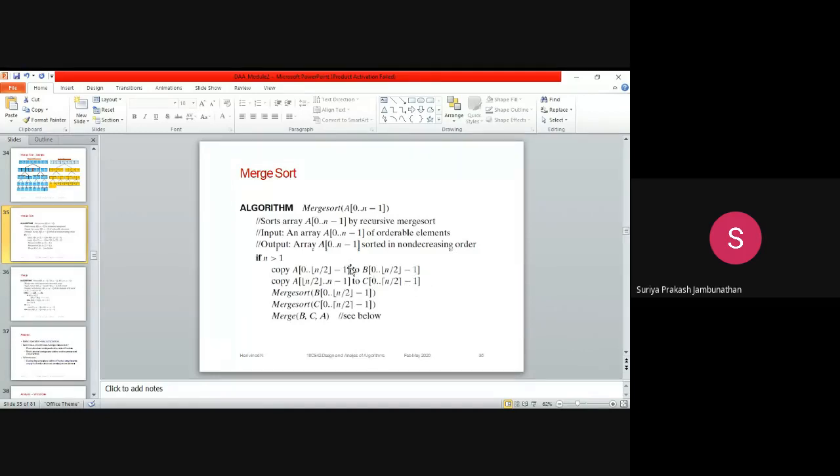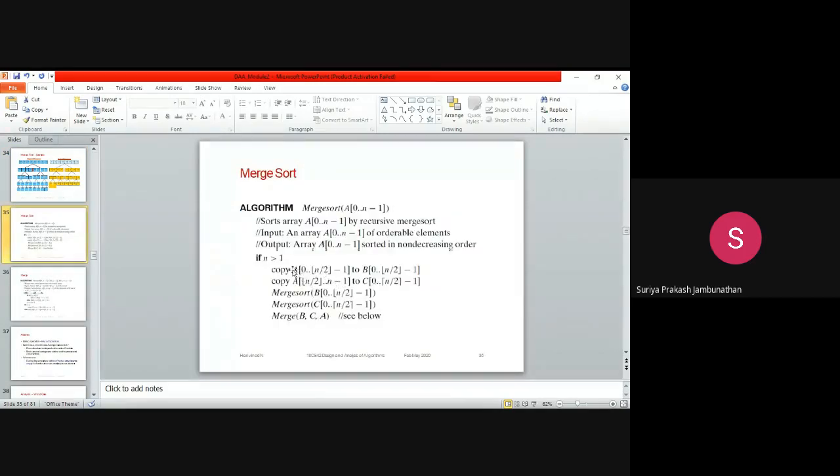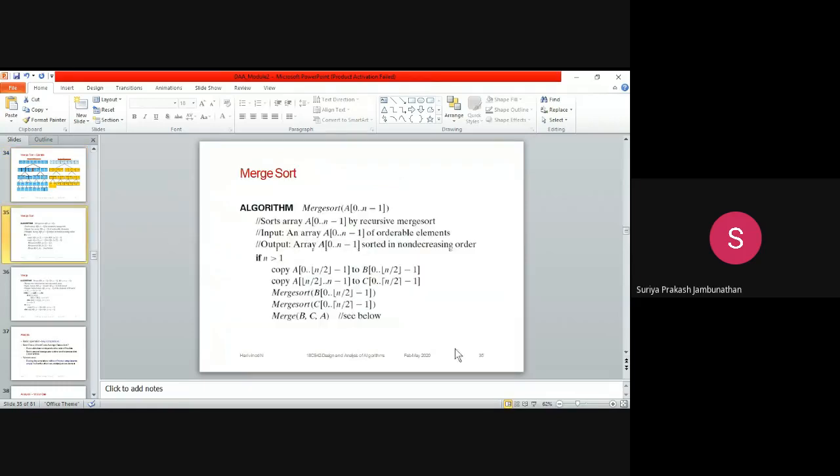By the divide operation, we are dividing the entire array into subarrays. That is the operation done here, splitting the array into subarrays. After that, they apply merge sort and sort the elements. While merging, they compare the values and sort them according to the greater and lesser value. That is the operation they are doing here. And after that, they call the merge function.